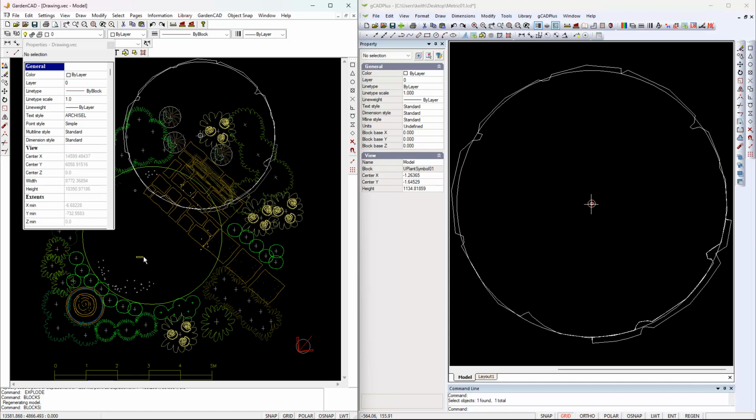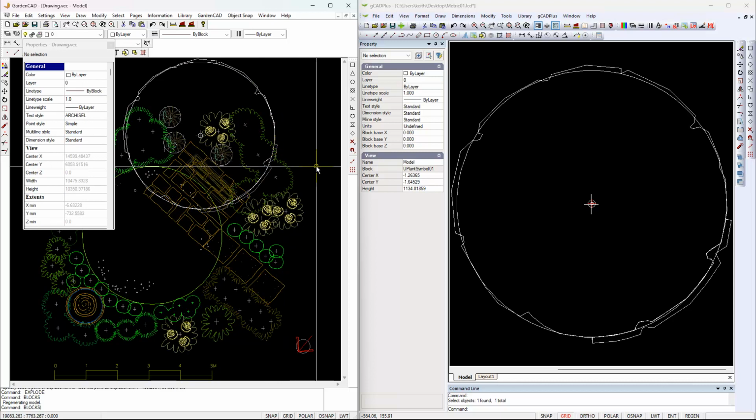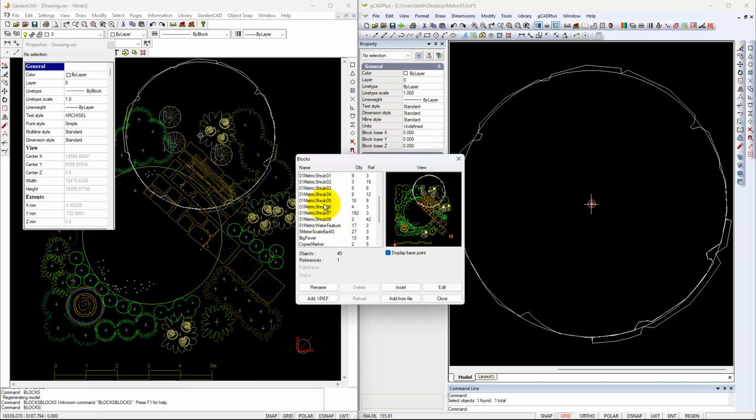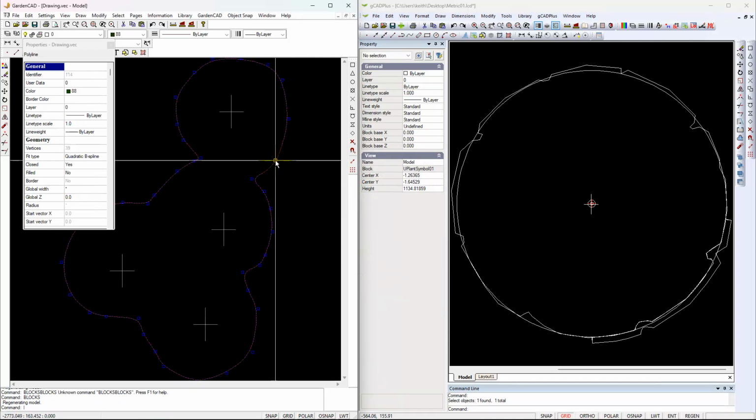Now that we know, that slipped my mind. Now that we know it's plant symbol 01, we may well, with the blocks command, be able to get in there. Metric symbol 01. We can edit it. No, that's another. I got the wrong one, I think. But if I said I want that filled now,